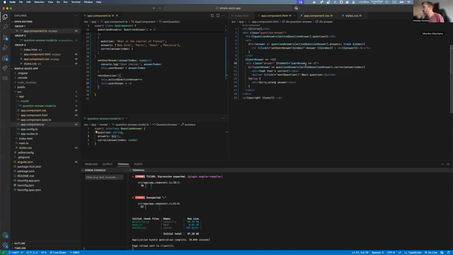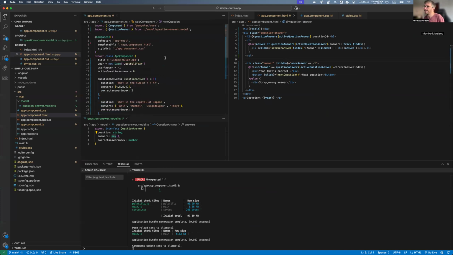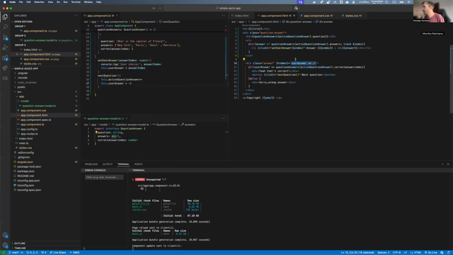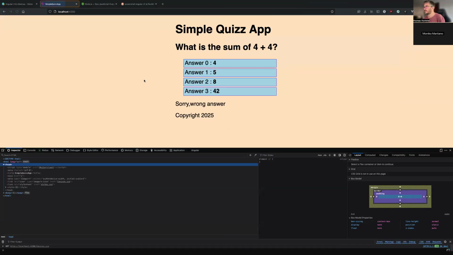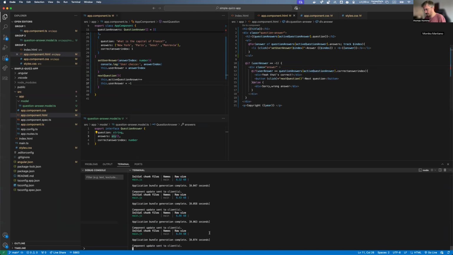The hidden here is not taking it. If user answer equal -1, that should return true and it should be hidden. So why is it not taking it? That's an answer here. So I'm just going to add an if just to be sure that we don't have something weird. Okay, and removing this part here. This is not working. Am I on the right half here?